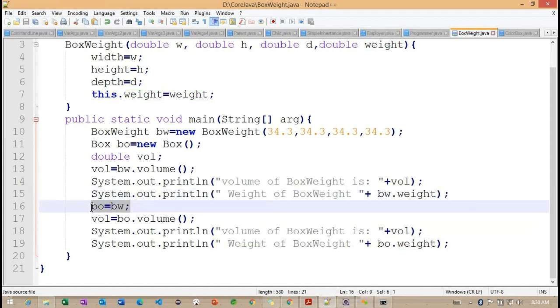But if you observe here, BW is nothing but a box weight object. I'm initializing it into BO, that is our superclass object, something called box here.